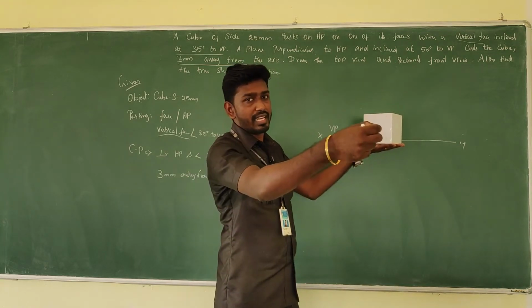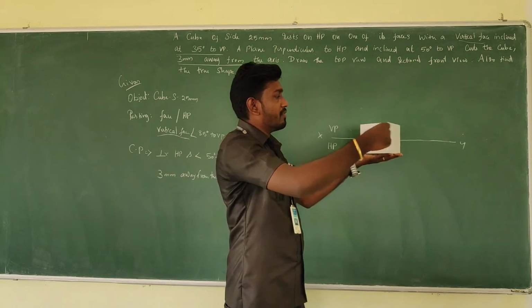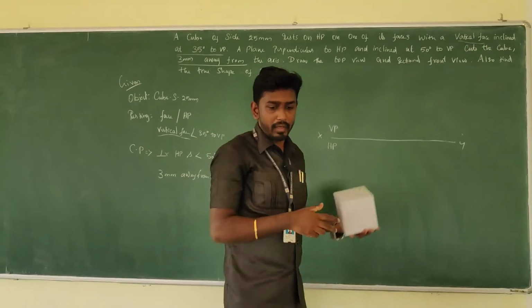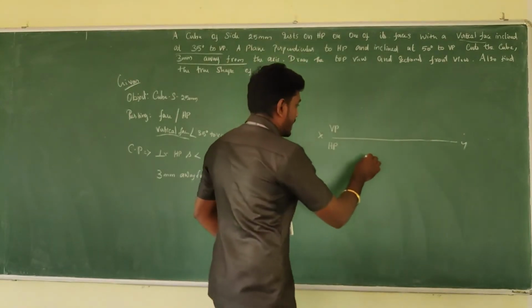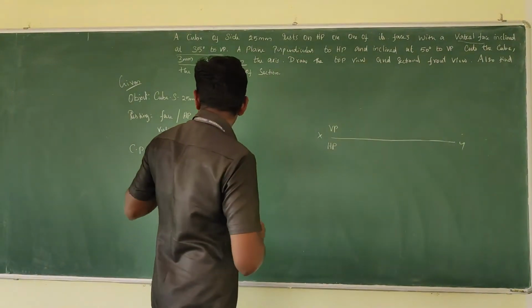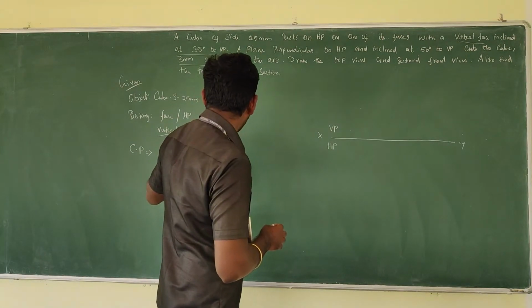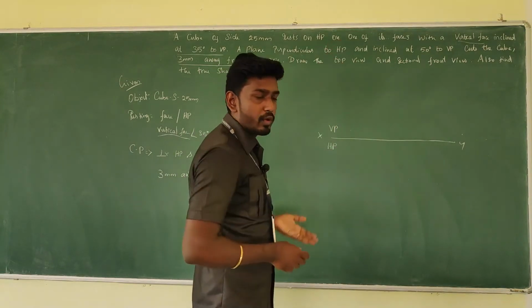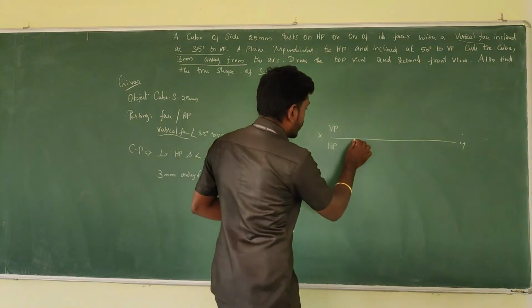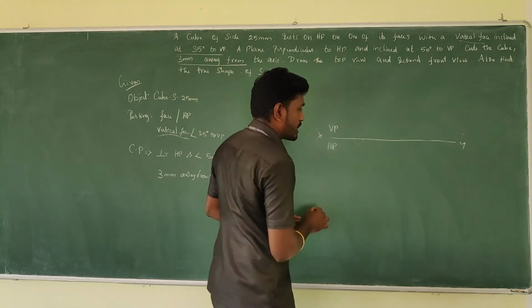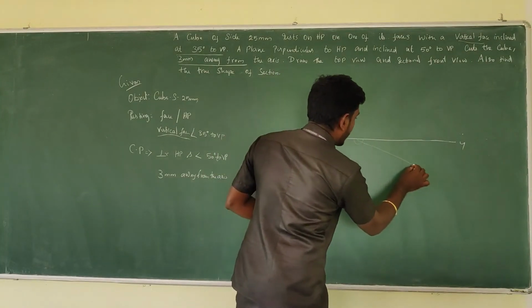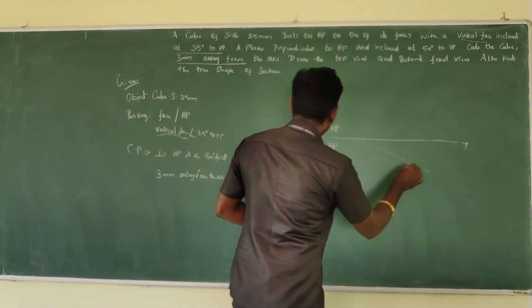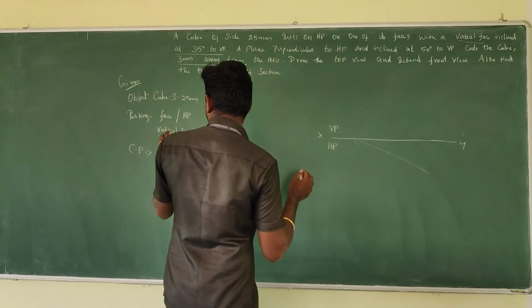So for this, first of all, take the front view and top view. In the front view, we shall see the rectangular face, and in the top view, we can get the true shape. Here, to position the vertical face inclined at 35 degrees to VP, we know when it is resting on HP, in the top view we can see the true shape, right? So here, I am going to keep my protractor and measure a 35 degree inclined line. And on that inclined line, keep the vertical face first.